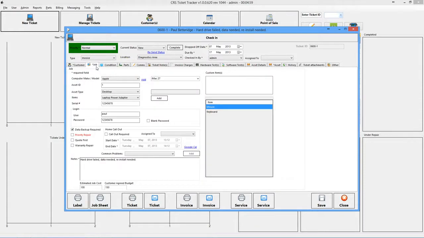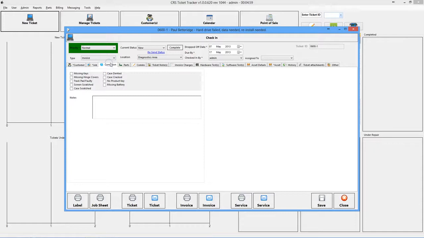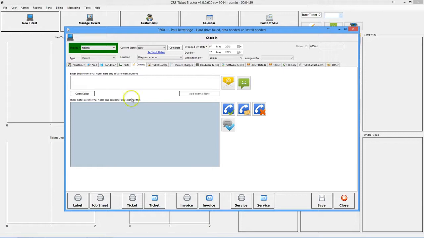So this is how you very quickly create a new ticket for a customer. While you're doing the repair, you may want to add some information in. So basically the comms area, this is where you put all your internal notes. You can also send out emails and SMSs directly to your customer as well. So I'm going to put hard drive failed